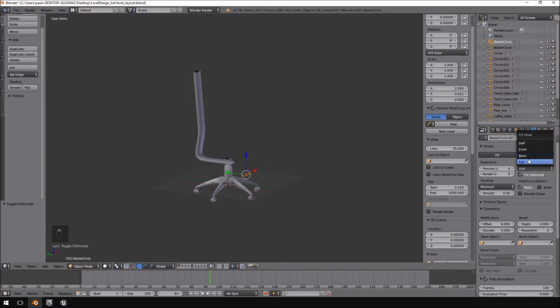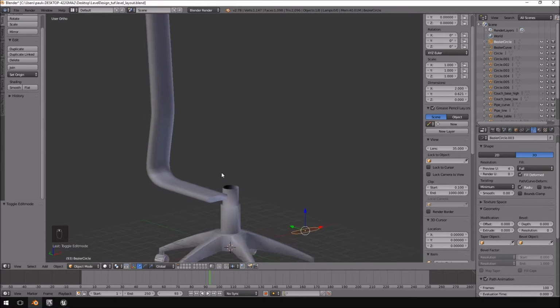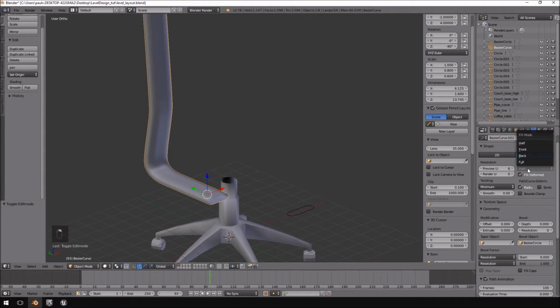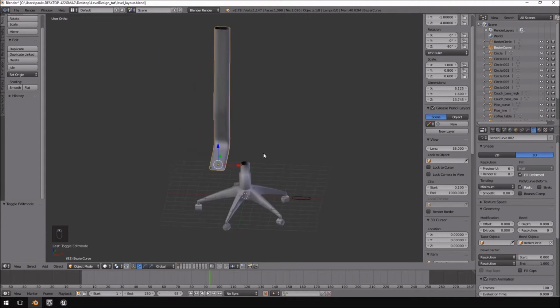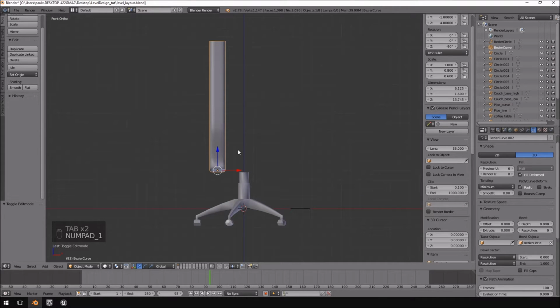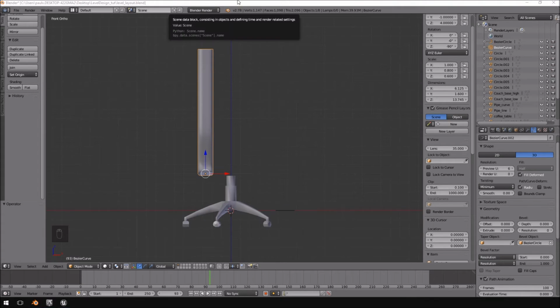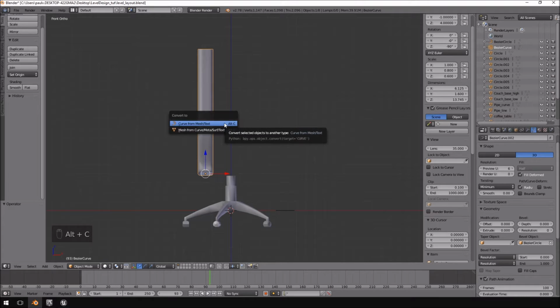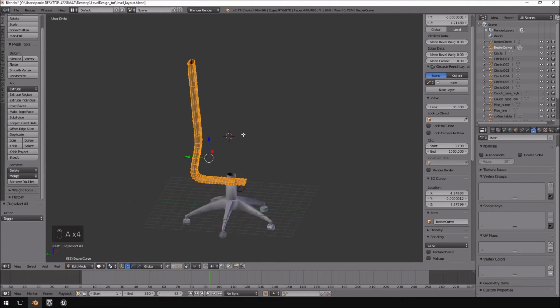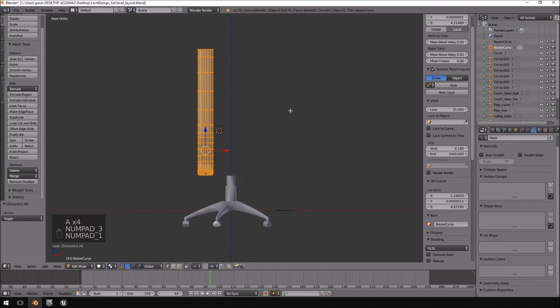And I think we need to fill it completely. I think let's go back to this one. That looks okay. Well, let's not mess with it too much. This looks pretty good. What I'm going to do now is I am literally just going to hit Alt-C, there we go, and then you convert mesh from curve or meta surface and text. So now if we select it, we'll see that, oh, there we go, it's actually now an editable mesh that